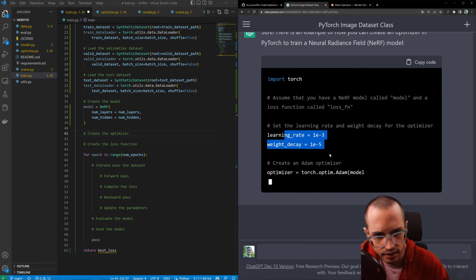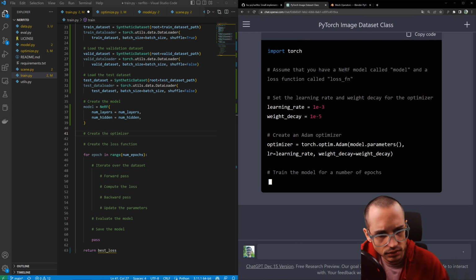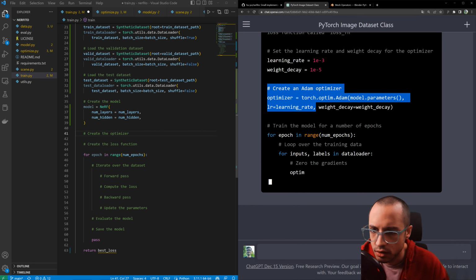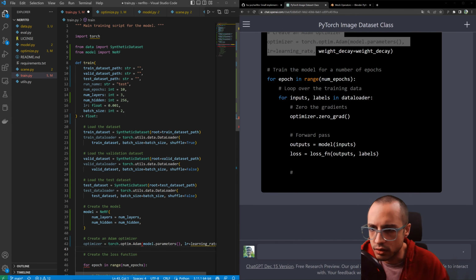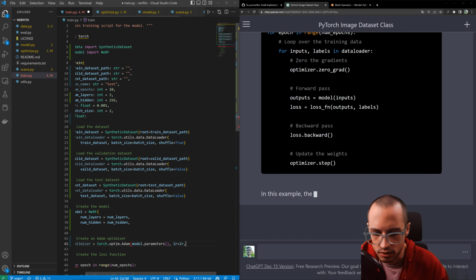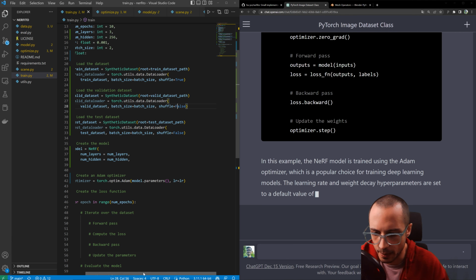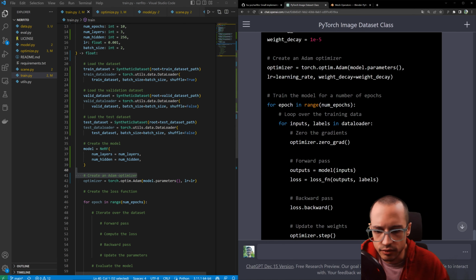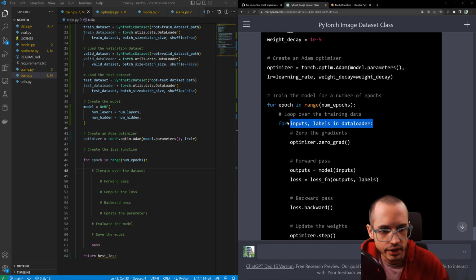Okay, it's using Adam optimizer. Okay. We're calling it LR. I don't think we need weight decay, but